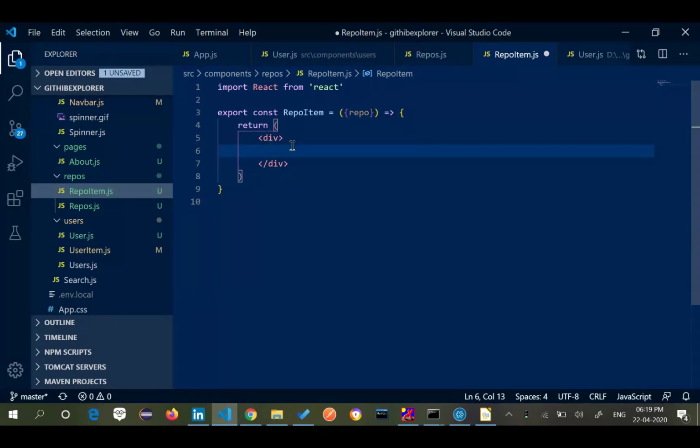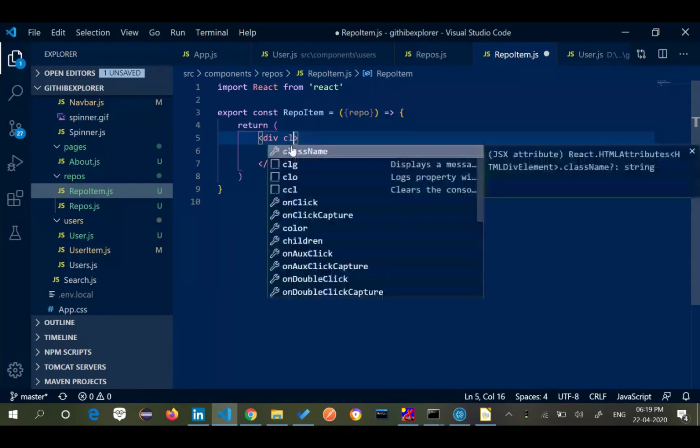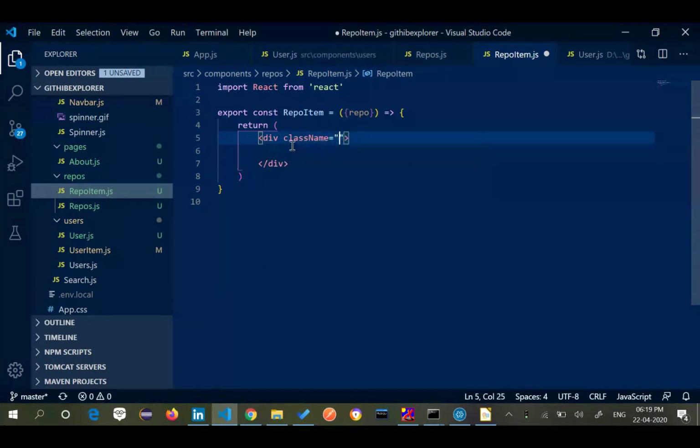Let me just color it up a bit. So className is equal to card.